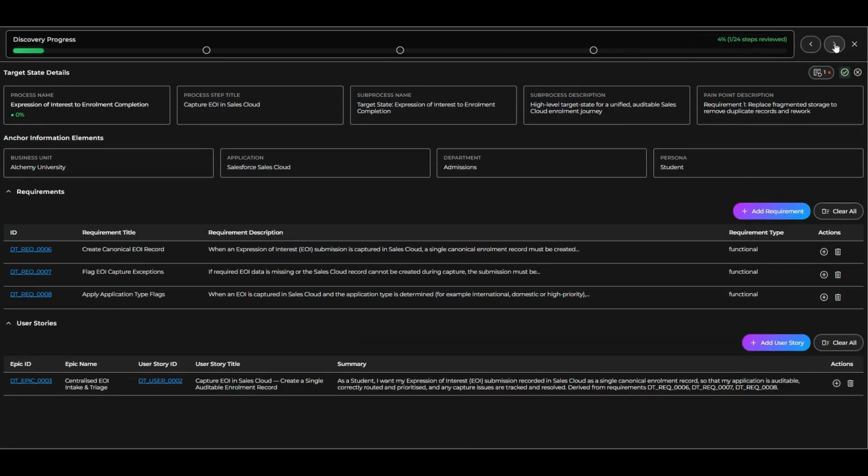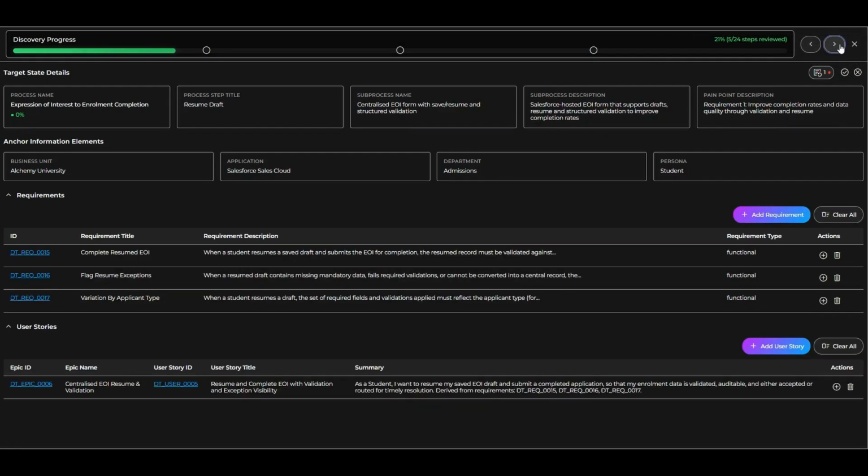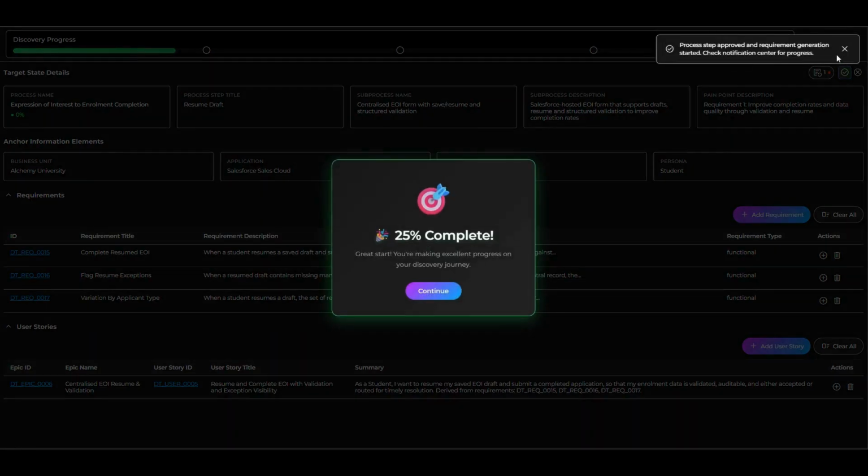And on approval, you can see the progress bar on the top showing how many steps are pending to be generated. And after a milestone, you'll receive a congratulations message to keep you motivated throughout this journey and finish generating all